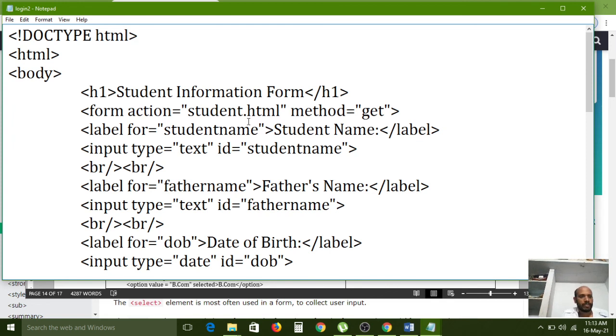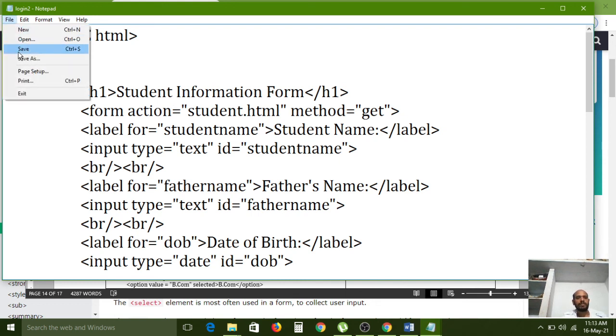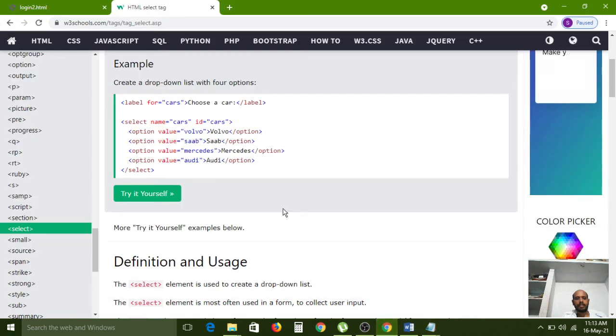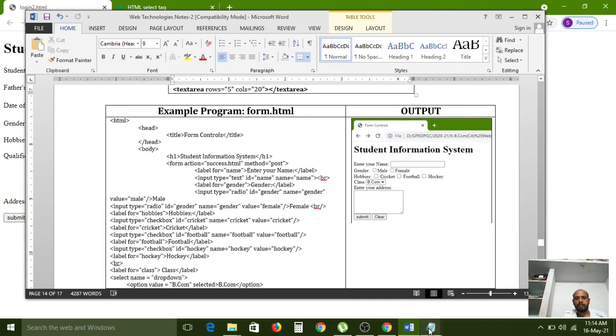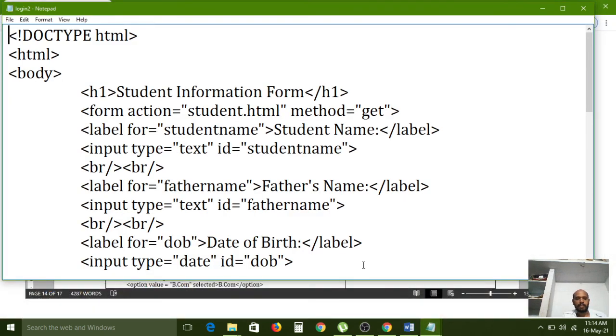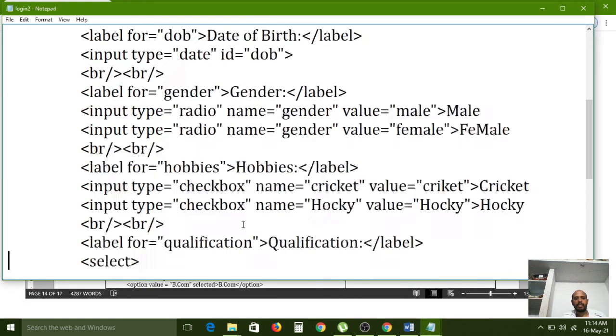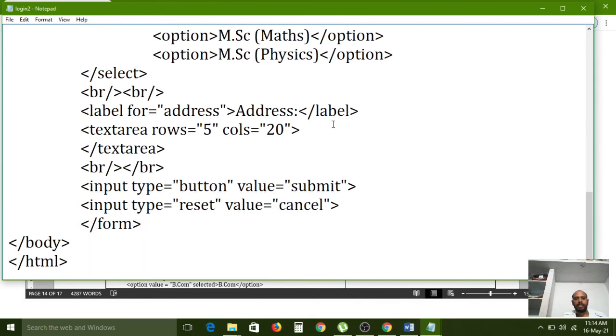Everything is right now, so why is it not executing properly? Again, one more time we have to save. The submit button is not working. I think it is an old version. Submit value is the old version. So instead of button, we have to give the submit value. Then save again.